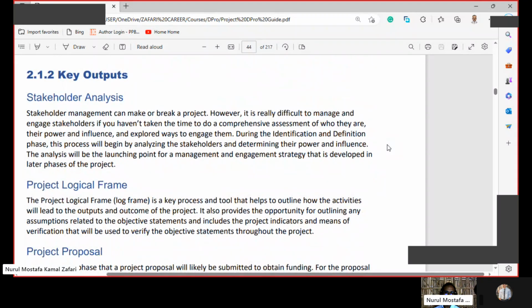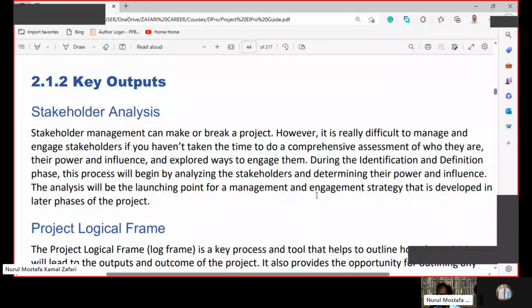Okay, so the key outputs of this phase, the project identification and definition phase. Let me read. Let me make the page bigger for you so that you can see. Stakeholder analysis. Stakeholder management can make or break a project. However, it is really difficult to manage and engage stakeholders if you haven't taken the time to